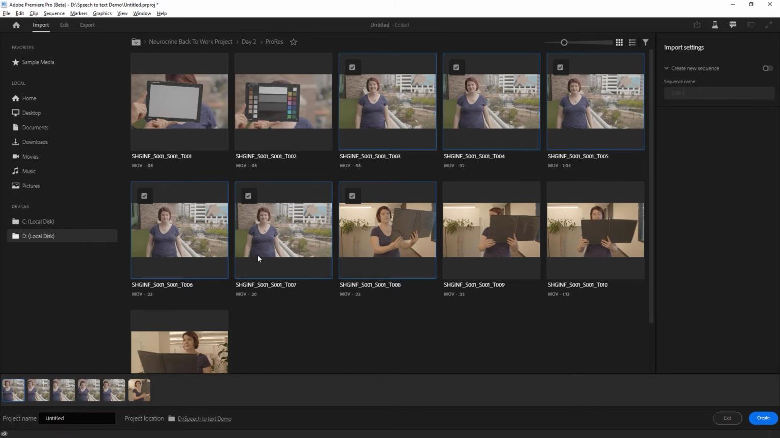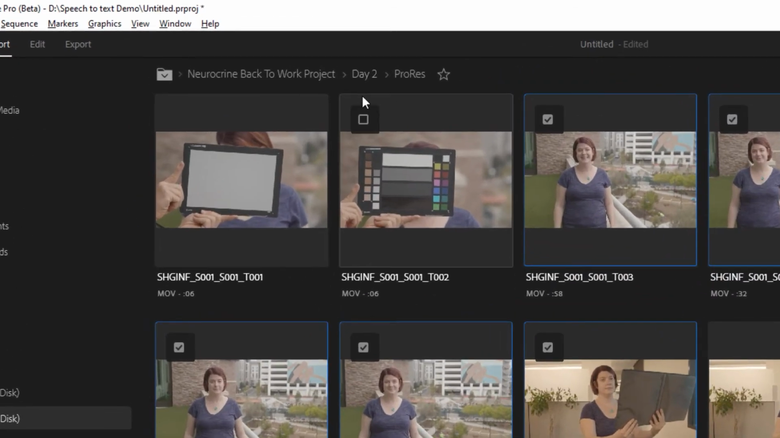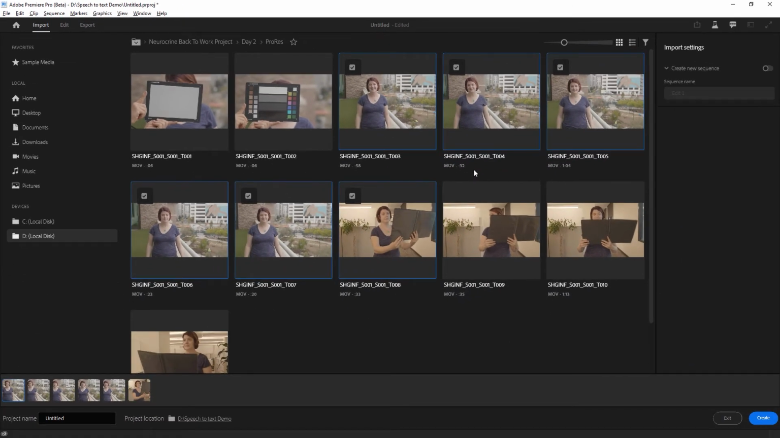And as I select all the clips, once I go into Premiere, it'll put those clips into a bin. And what would be nice is to be able to do it for multiple clips. So you can see up in the top here, this says day 2 ProRes. So this is all the footage from day 2. So it would be nice to be able to create a day 2 bin with all the clips that I